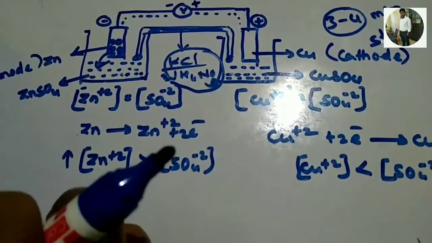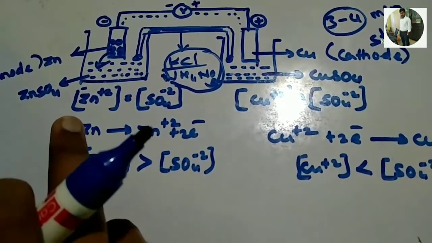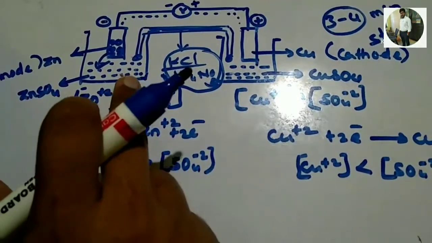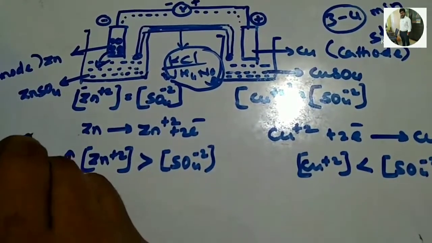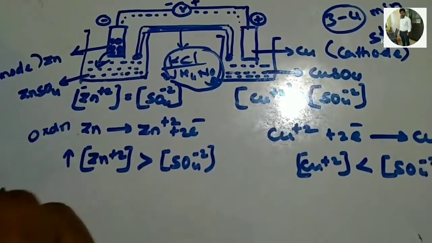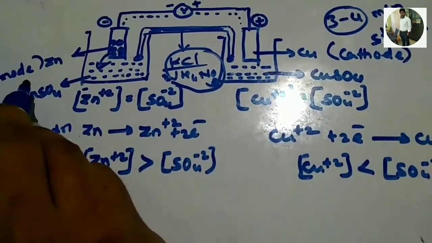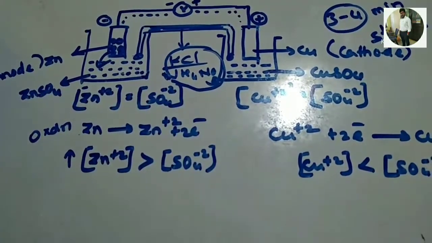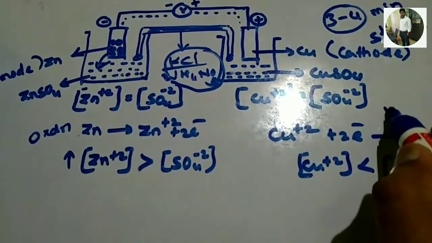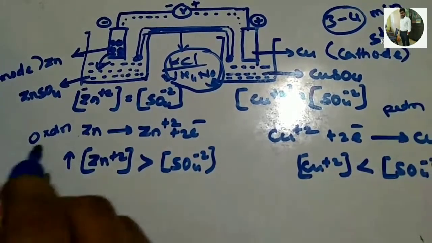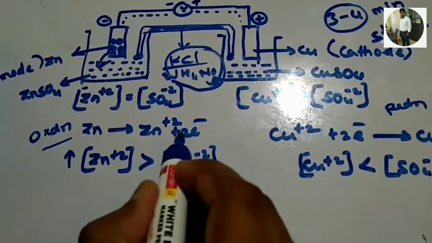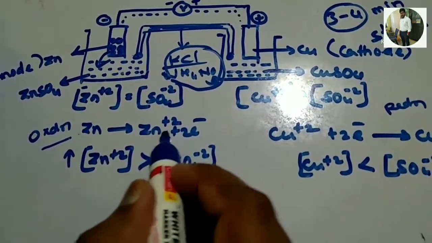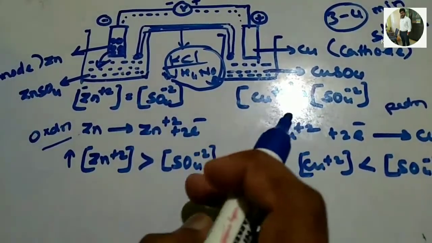So what is taking place on each side? Whether oxidation is taking place or reduction is taking place. At the left hand side, oxidation is taking place. Hence we call it the anode, and it is represented by negative or minus. And at the right hand side, reduction is taking place. As we already know, oxidation means the loss of 2 electrons or more than 2 electrons or 1 electron. The number is not important, only the loss is going on.